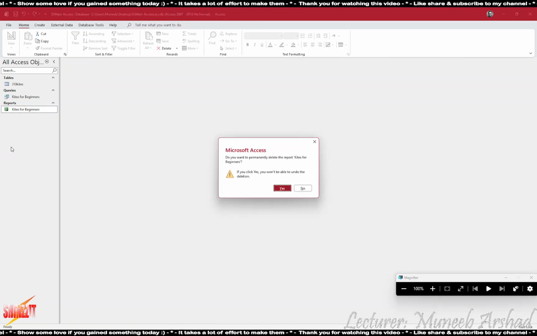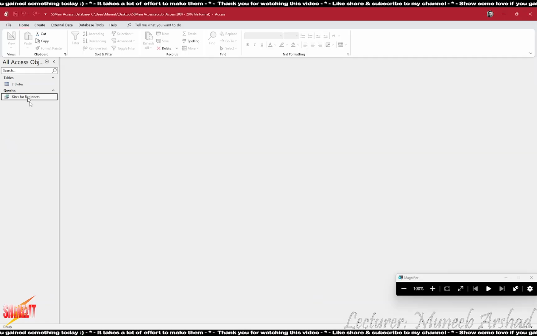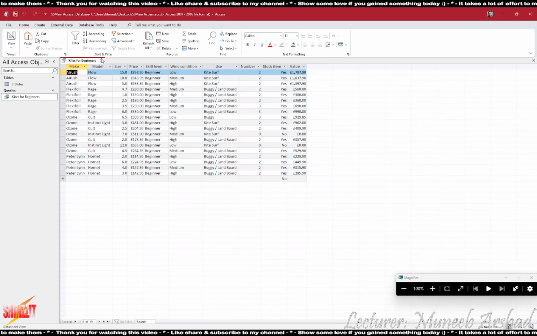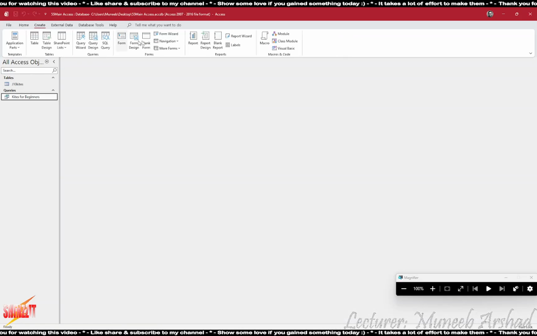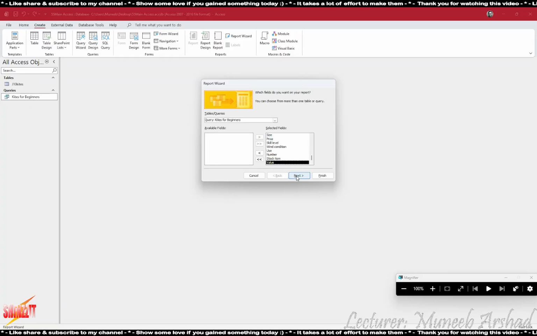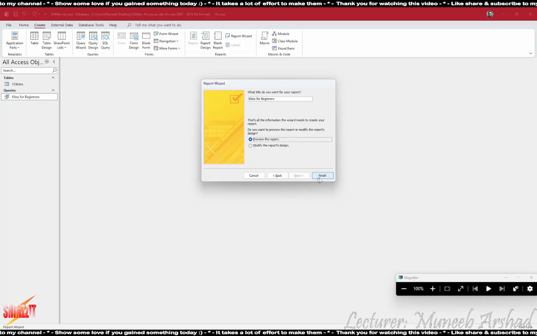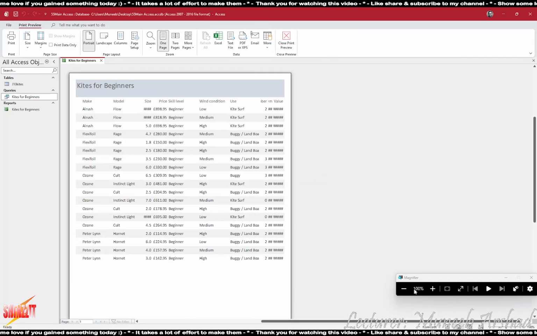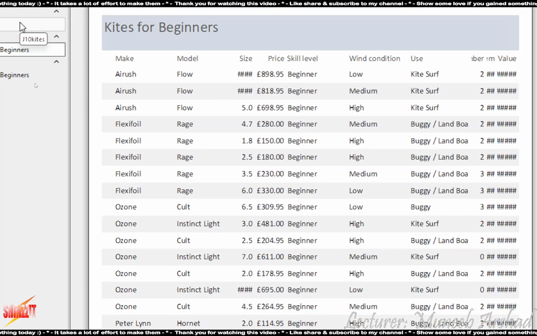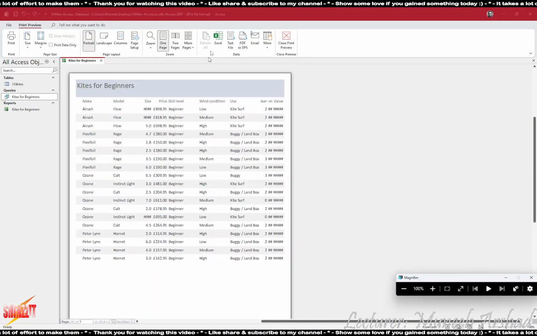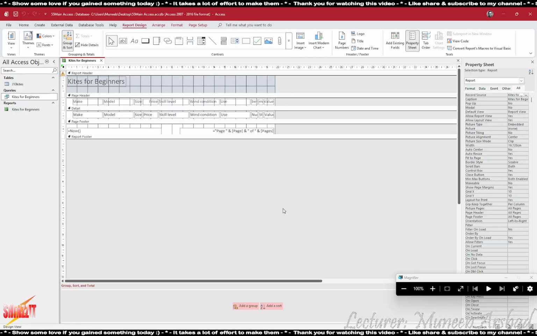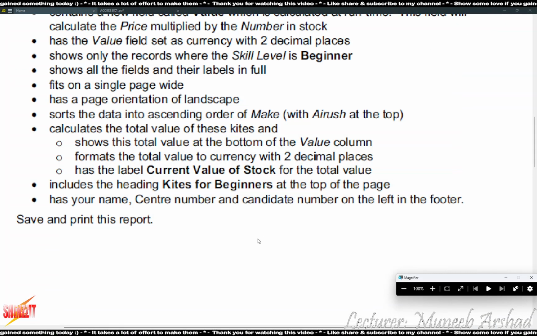Otherwise, अगर आप पहले से generate करो, look at this. Now I built the report the standard way. So I'll select my query. Query में देखो airbrush है at the top. ठीक. So when we select this, we go to create. We click on report wizard, adding all the fields. Next, next, next, next, and finish. airbrush at the top. ठीक है. That got messed up because I removed it and then added it again. ठीक है, तो इसलिए वो उस पे ascending descending जो है ना वो remove हो गया. ठीक है जी, ये process है of building the report.